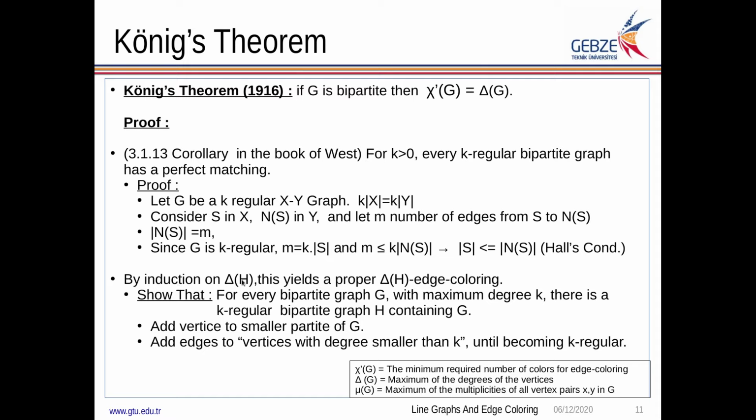By induction on delta of H, this yields a proper delta H coloring. So if we show that for every bipartite graph G with maximum degree k, there is a k-regular bipartite graph H containing G,